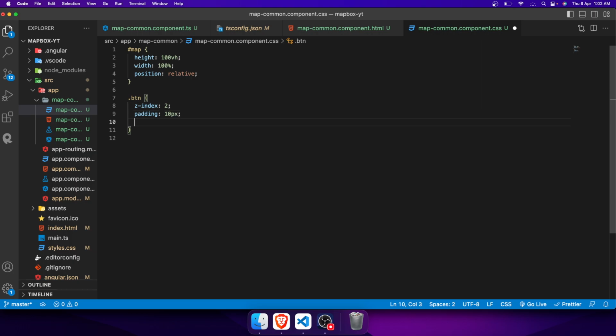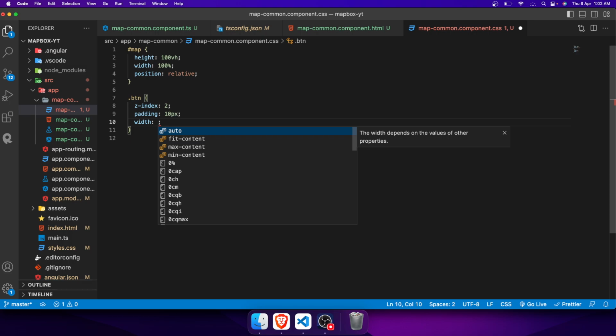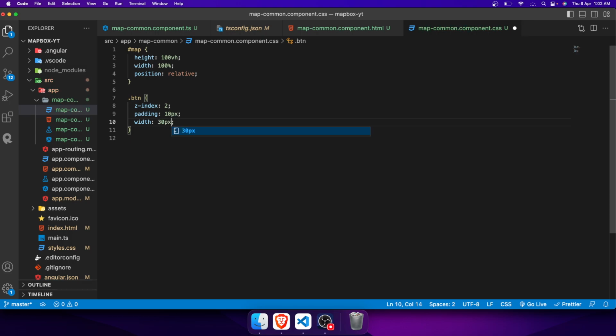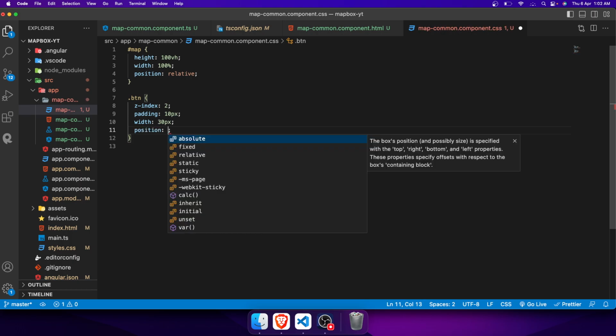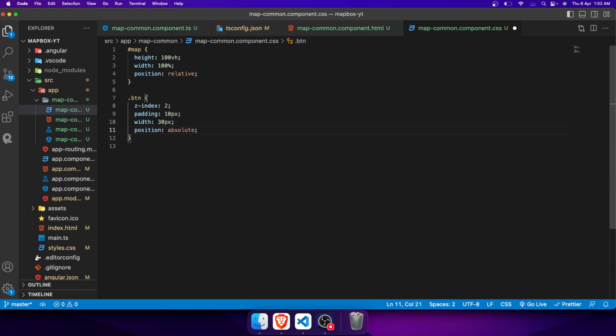and I will need some width, suppose 30 pixel, and we want to add one new CSS, position absolute. This is position absolute, so it will run according to relative. Okay, it will take the reference from relative, so this button will be displayed inside the map and